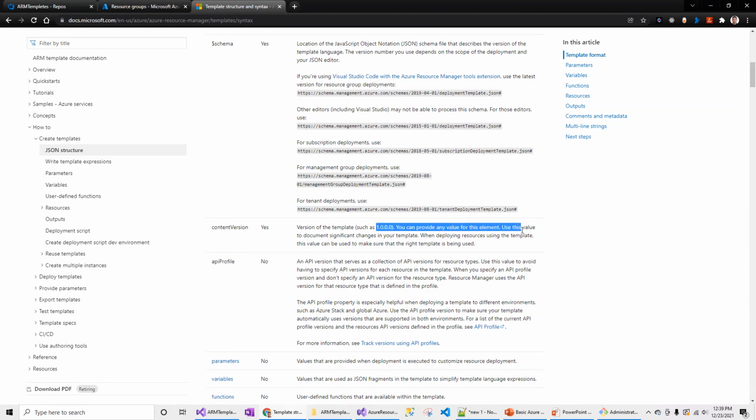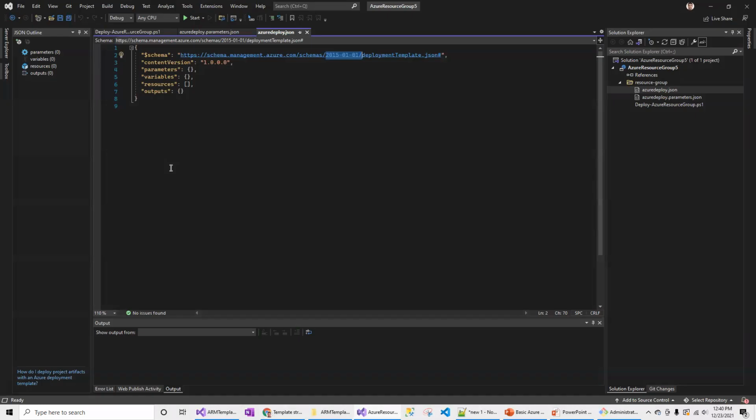You can provide any value for the content version. For this particular file, I have 1.0.0. Then parameters: in case you want to change values during runtime, you keep those in parameters. Let's say I have the resource name different for each environment. Those are going to be part of the parameter file.